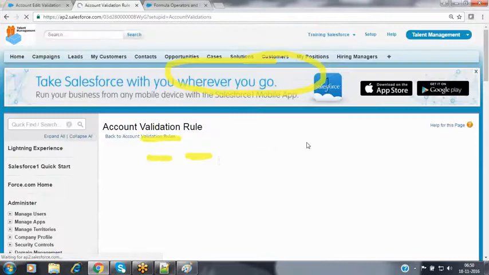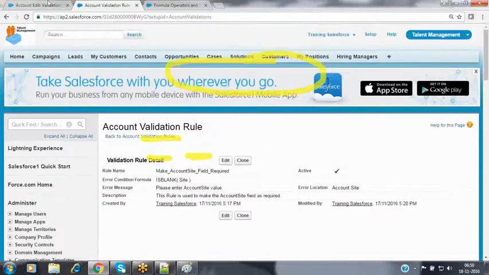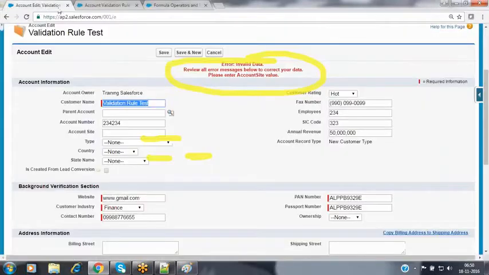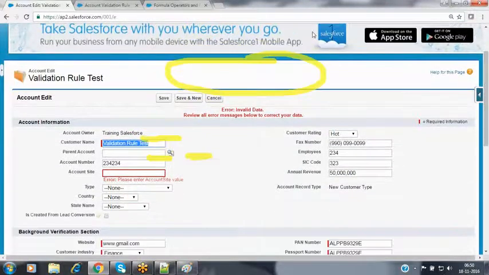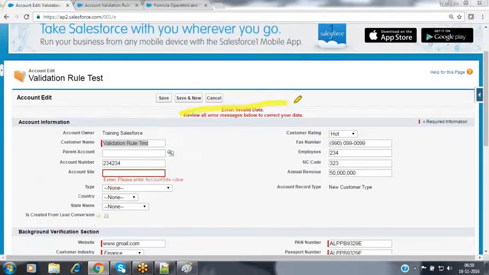So now my validation rule has been saved successfully. Let's go to your record and click on save. Observe what will happen here. Now what have we identified in this case? It is displaying the error message on the top of the page itself, because some validations have failed. Now this is the location where it is expecting some value for this field.